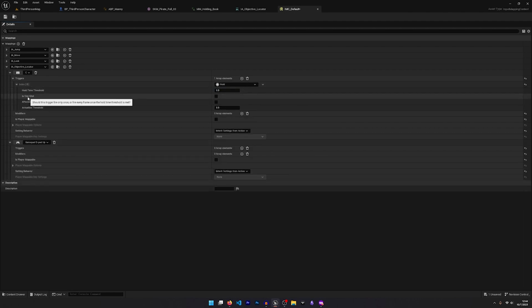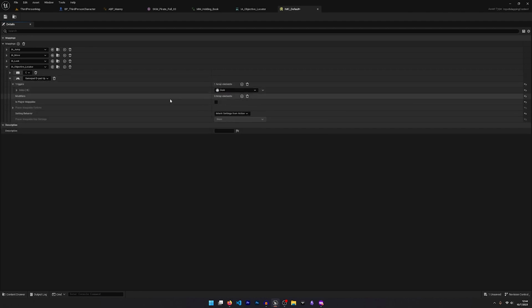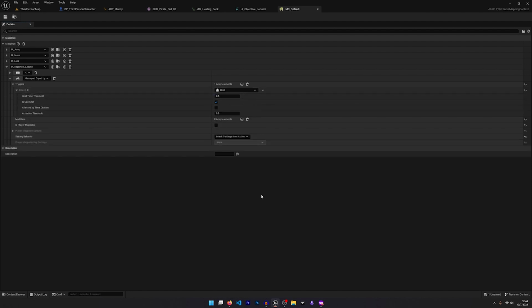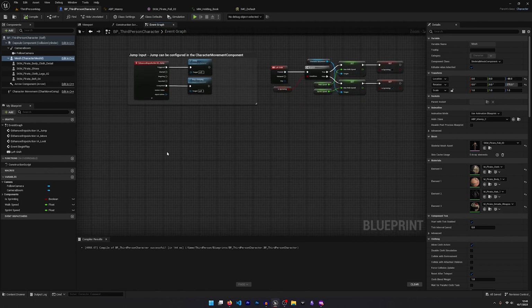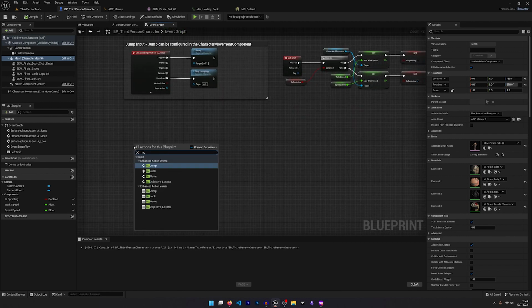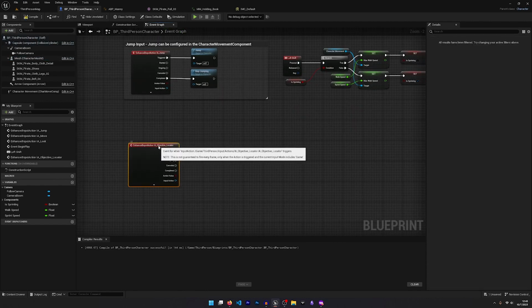Also, I'm going to select one shot so this doesn't keep triggering every frame after the 0.5 seconds has registered. I'm doing the same for the D-pad, and then save and close the IMC, and we're done with this. Back in the character's event graph, we can find the objective locator input action, and out of the triggered pin,